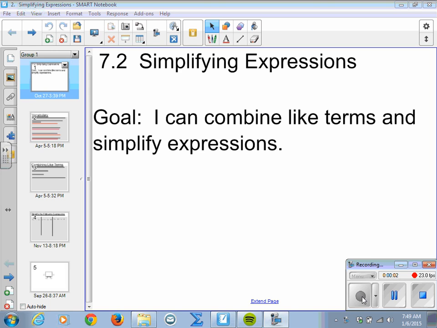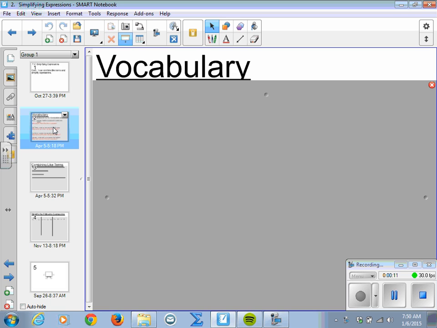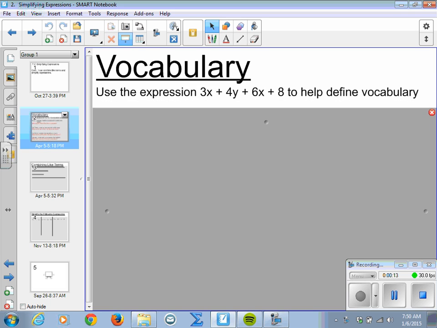Today's lesson is on simplifying expressions. The goal will be that we can combine like terms and simplify expressions. Let's start with some vocabulary, and to make our vocab easier, we will use this expression: 3x plus 4y plus 6x plus